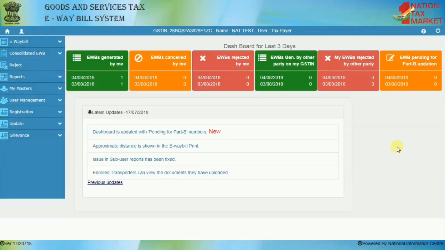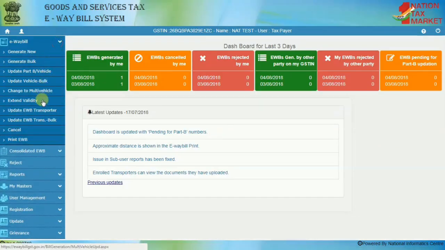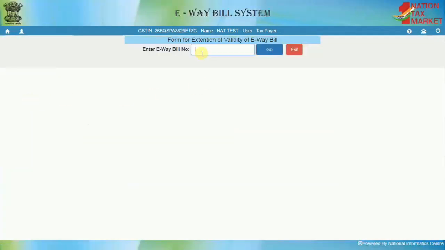Also, the validity can be extended only 8 hours before or 8 hours after the existing validity time of the e-way bill. To start, the user has to select the Extend Validity option under the e-way bill menu. The system will redirect the user to the e-way bill validity extension form. The user has to then enter the 12-digit e-way bill number